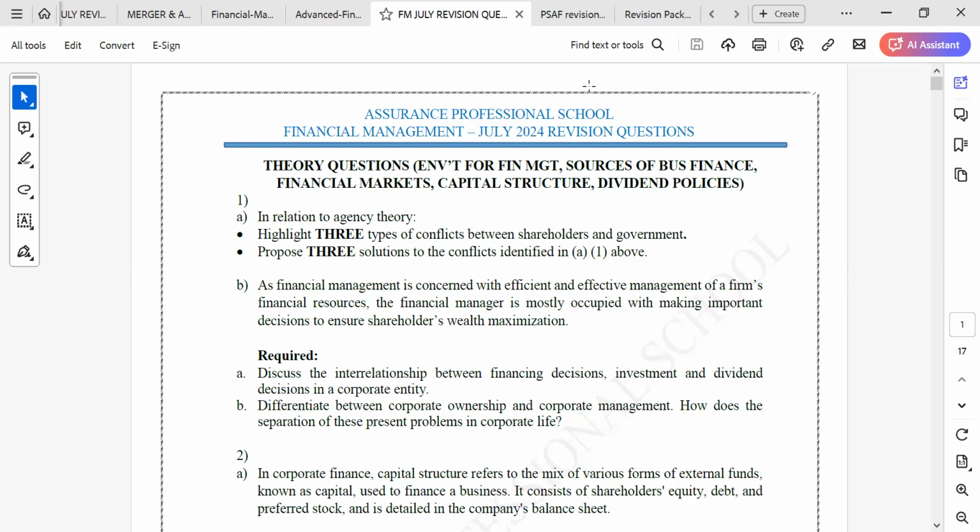Good evening. One of the managers would rather want to grow the size of the company by increasing the sales or the turnover of the business rather than to increase the shareholder returns. But the stakeholders or the shareholders will